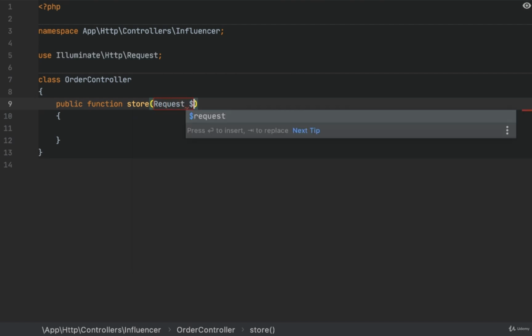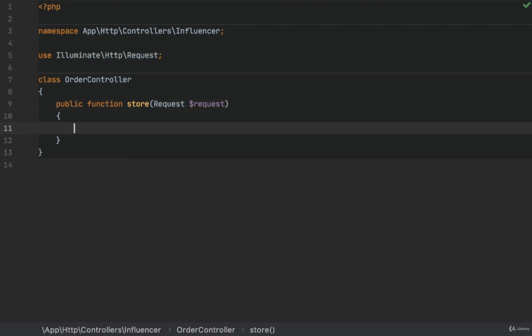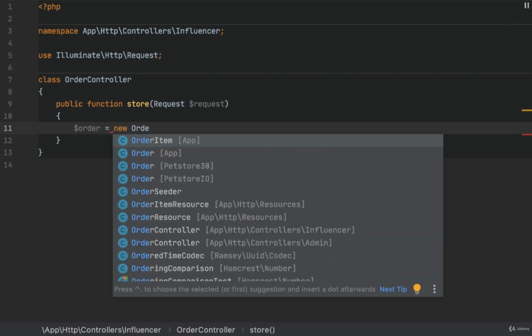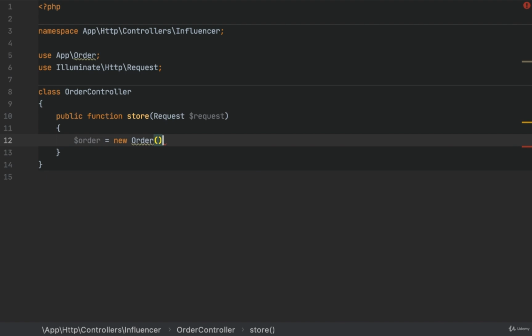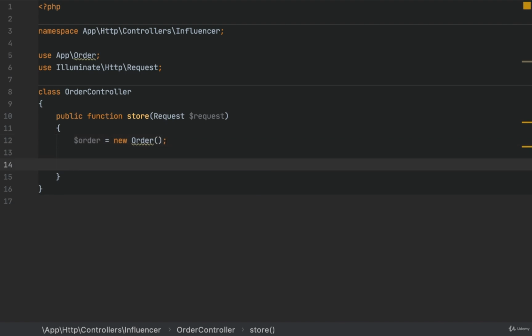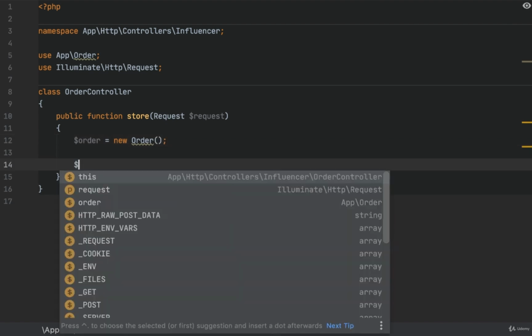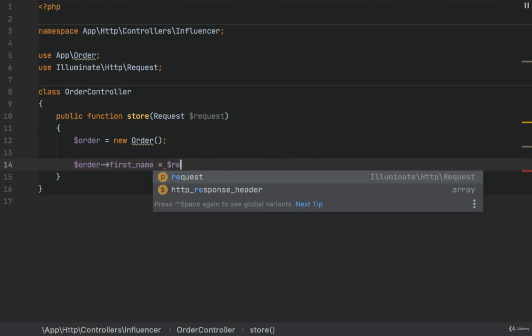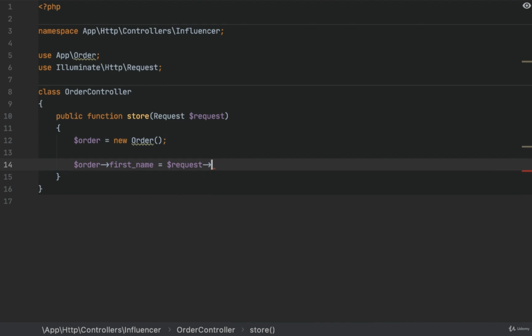And we need the request here. Here we will create the orders. So first is the order that we will create. We'll create it like this. Now we need to set up all order fields. So order first name equals to request input